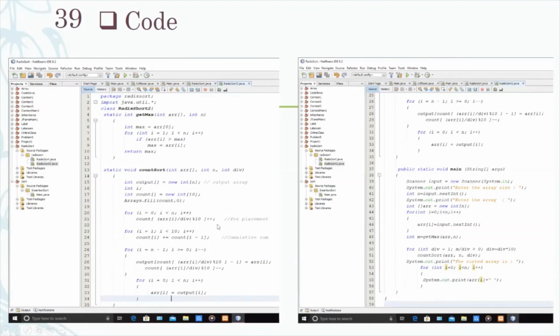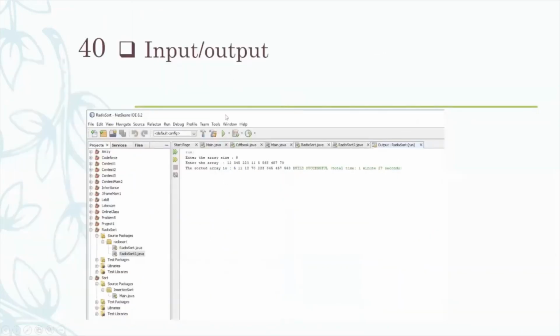Then I do a for loop for placement, then a for loop for the cumulative sum, then a for loop for the sorted array. Then I print the output. Okay, here is my input and output. I take 8 as the input size, and here is my input array, and here is my sorted array.